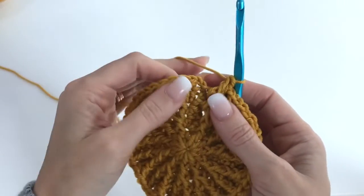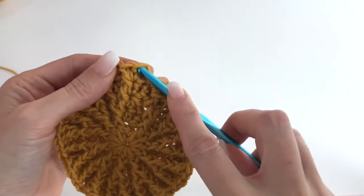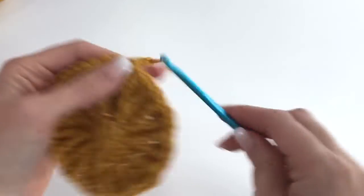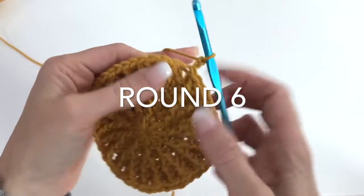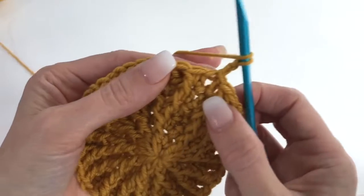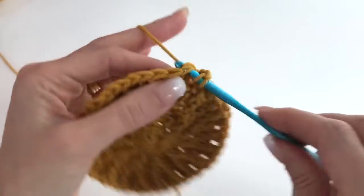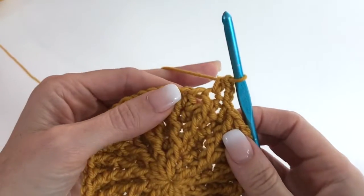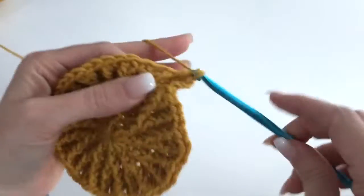And we're just repeating this all the way around. Okay, so I am slip stitching into the top of the first half double to join, chain 2, and this is going to be my final decrease round. So we're sort of working the same pattern. We're working our half double crochet in the top of that stitch, work a front post,